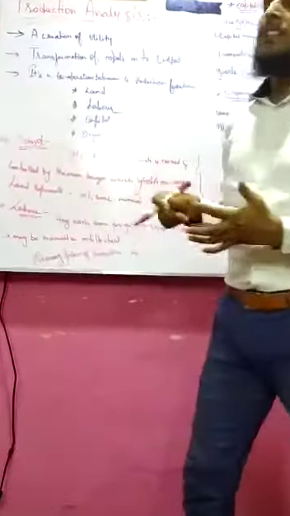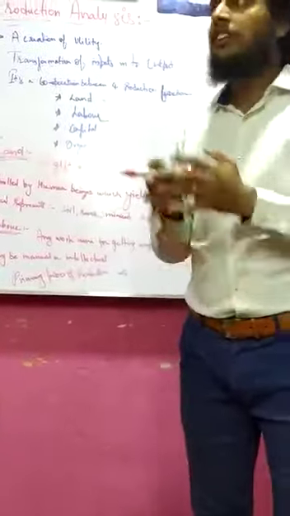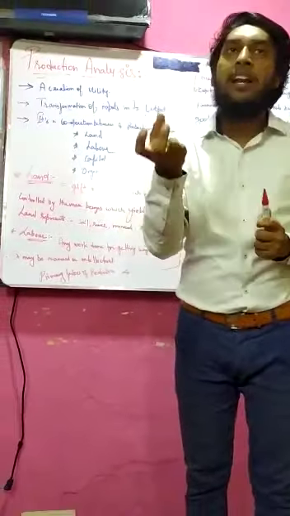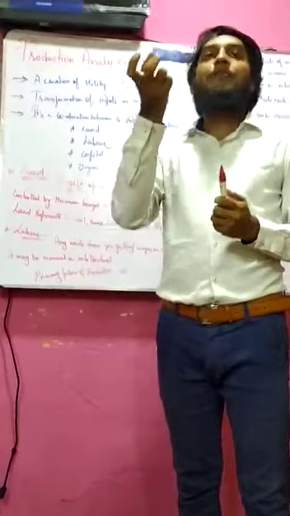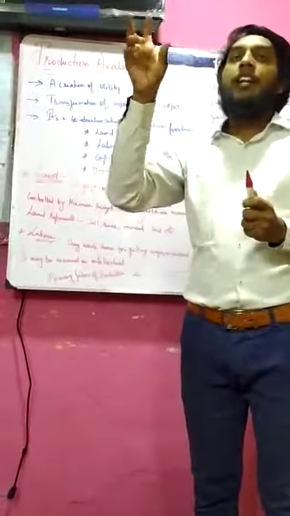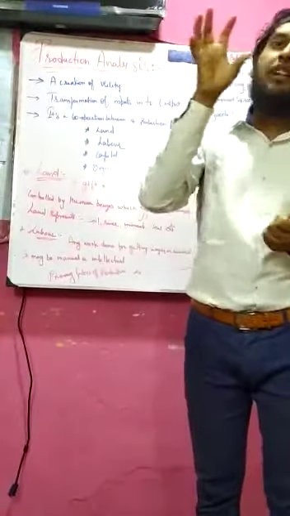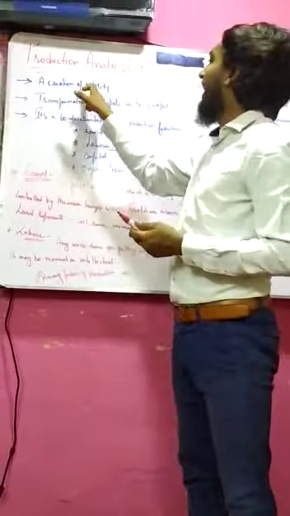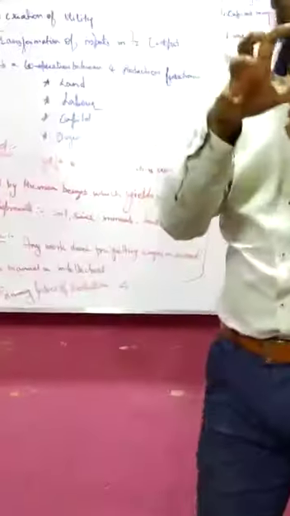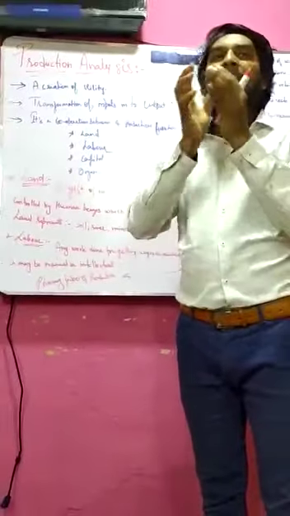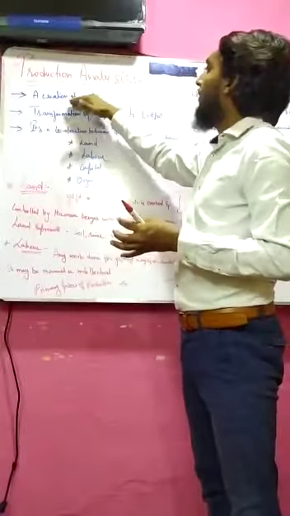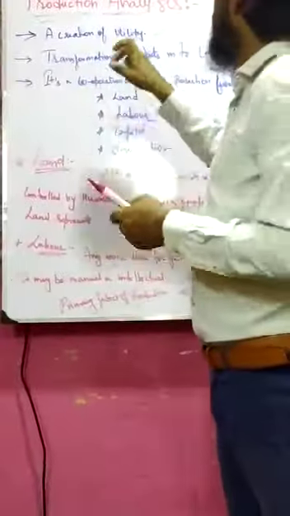A creation of utility. Production is what? A creation of utility. It's nothing but, there is a product, and we have to create the product, and the product should be made utilized. It should be made in such a way that someone should get a benefit from it. So we create a product to give maximum benefit to someone. A creation of a product is done to enjoy the maximum satisfaction by consumers. So in production, we manufacture a product for the creation of utility.